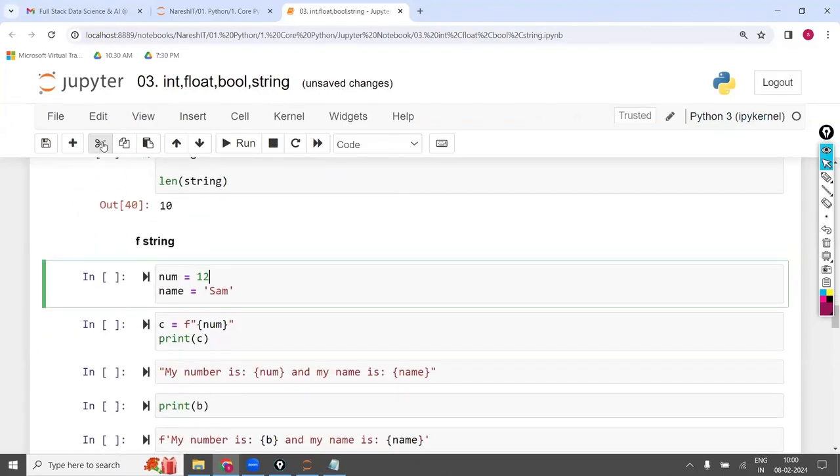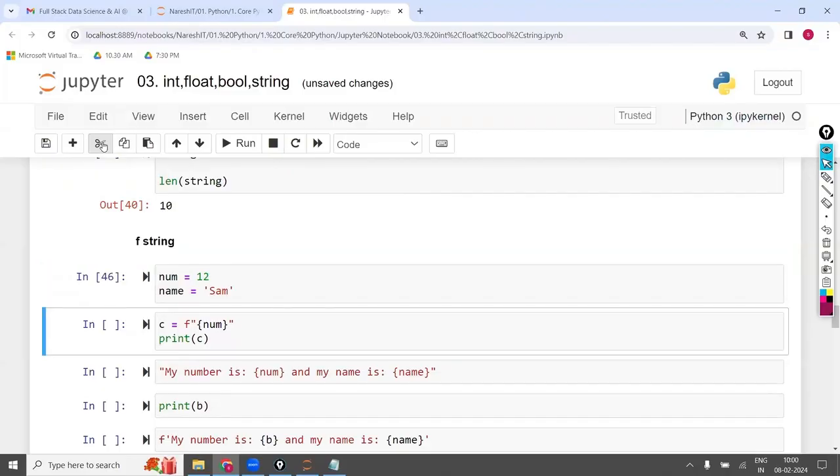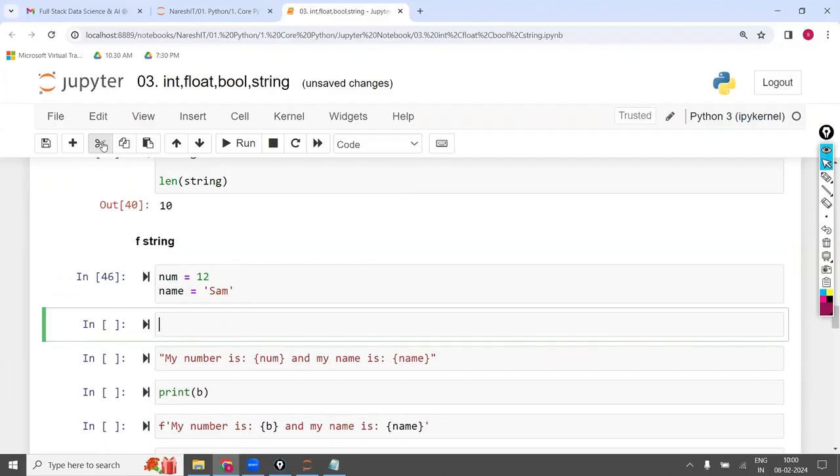Next point is f-string. Now, what is meant by f-string? F means fill the value. What is meant by fill the value? Here, see, I'm going to write in the inverted commas, my name is, okay.